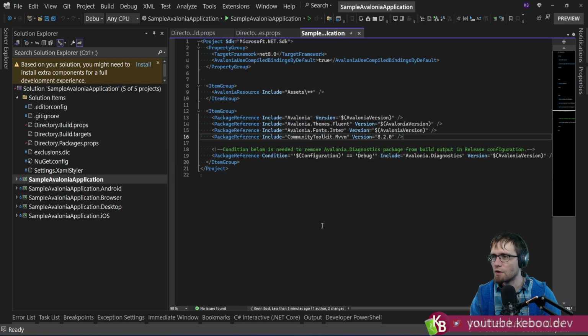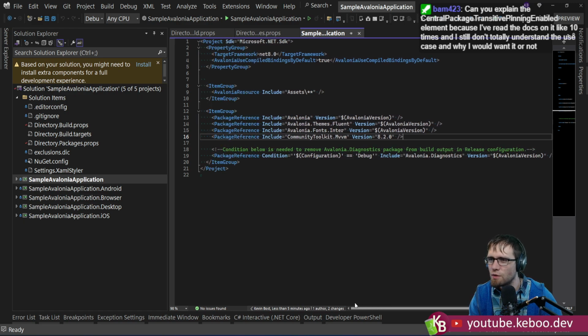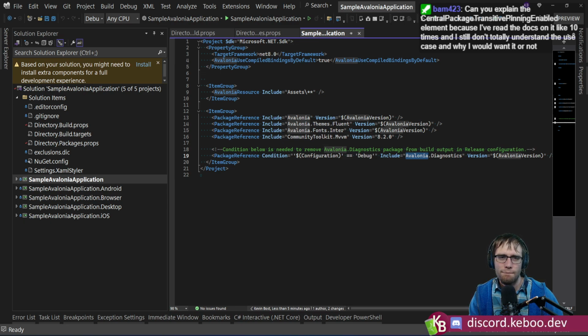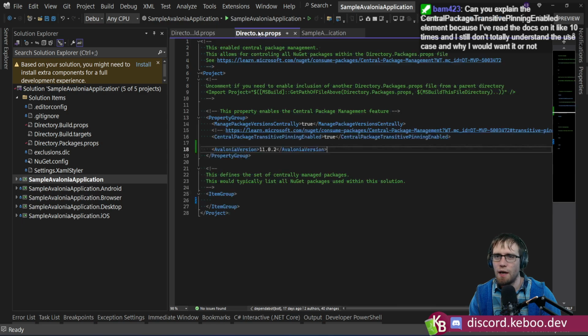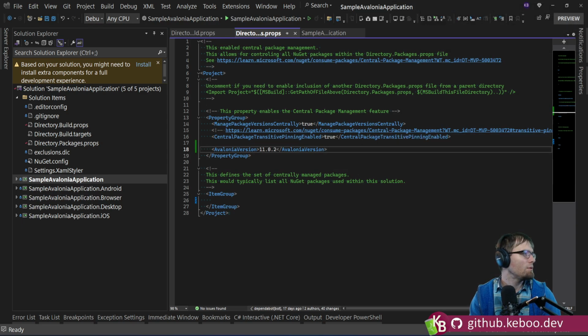So here's how you turn on, what is this doing? Package reference if configuration debug include Avalonia diagnostics. Let's see. Centralized package transitive pinning enabled element. Look, that was the one I had enabled in here, right? Yeah. So if we go here,